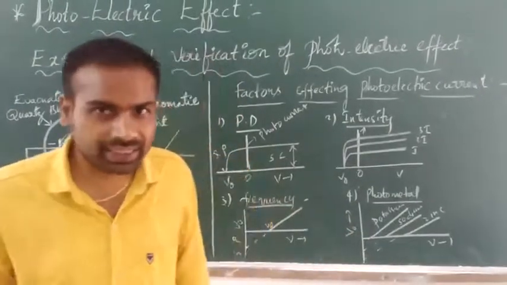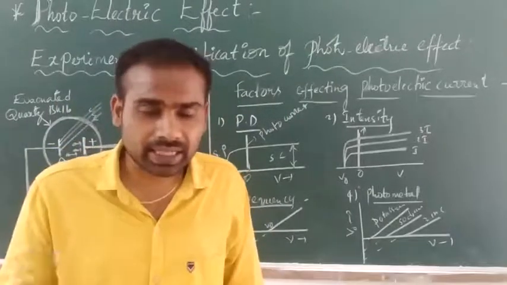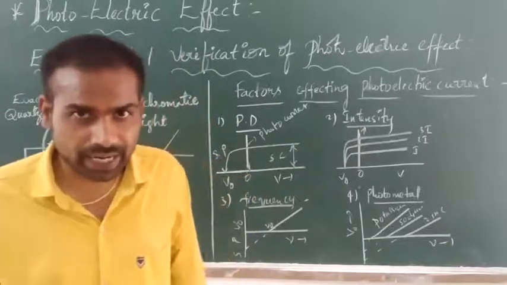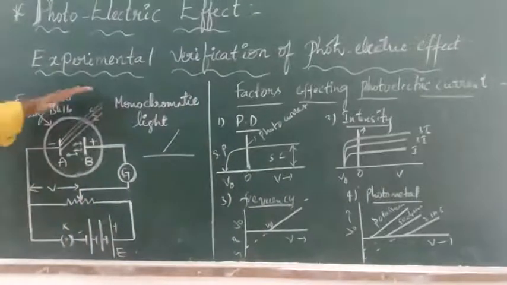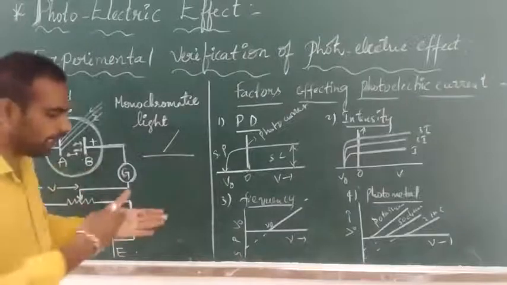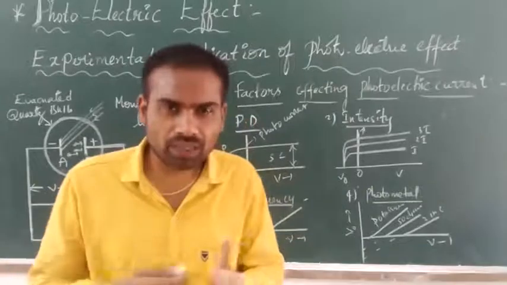Is it clear? These electrons produce photocurrent, and they are photoelectrons. So this is the simple experimental verification. Now, the photoelectrons ejected from the metal surface